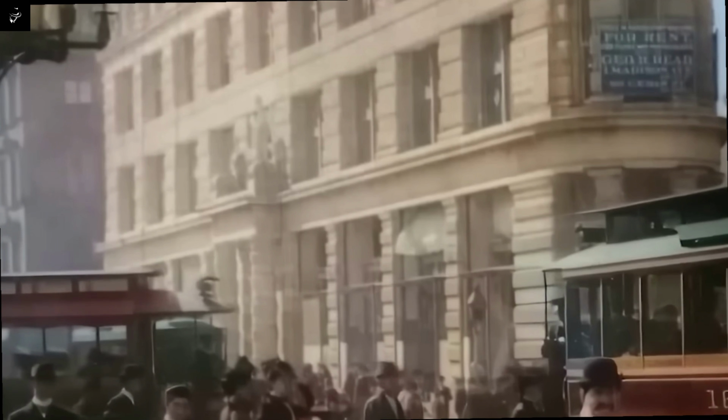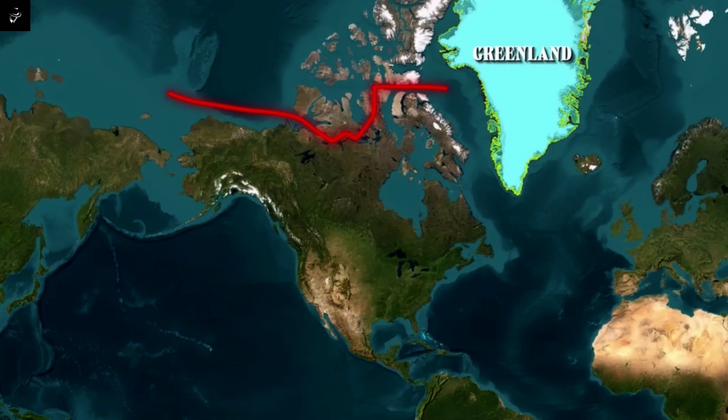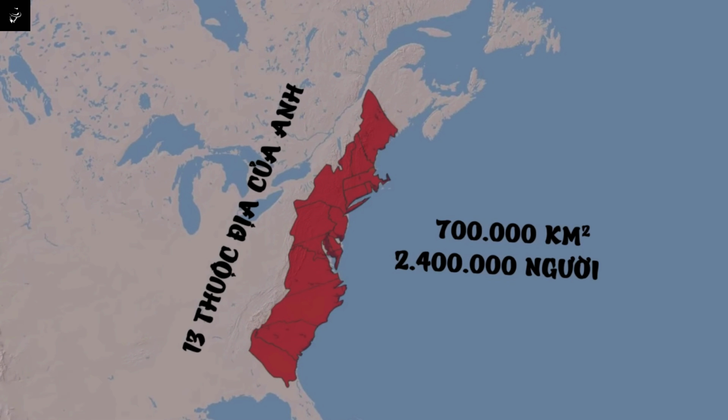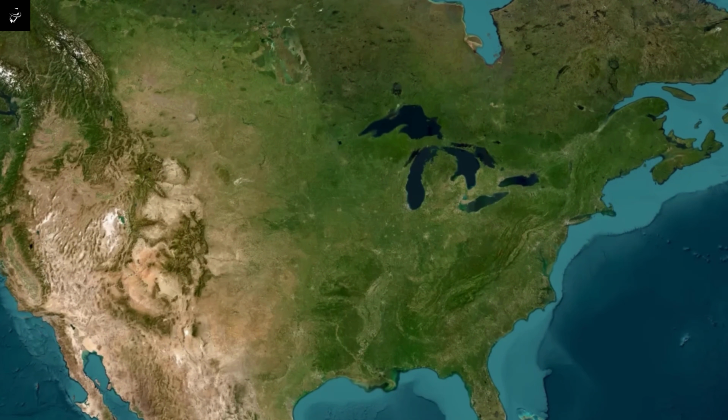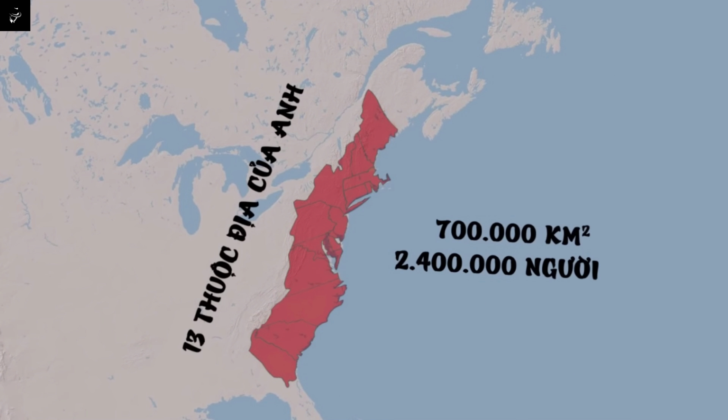Each square kilometer of land here costs only about $7. On May 2, 1803, the Louisiana Treaty was officially signed between France and the United States. From that moment on, this land officially became part of the American flag. It's clear that with just $15 million, converted, this figure amounts to over $417 million at the current exchange rate. The U.S. has chosen a region of exceptional strategic importance. Not only that, this also helped to double the nation's territory, while also being the key to reinforcing this nation's superpower status, when the entire Mississippi River was finally in their hands.